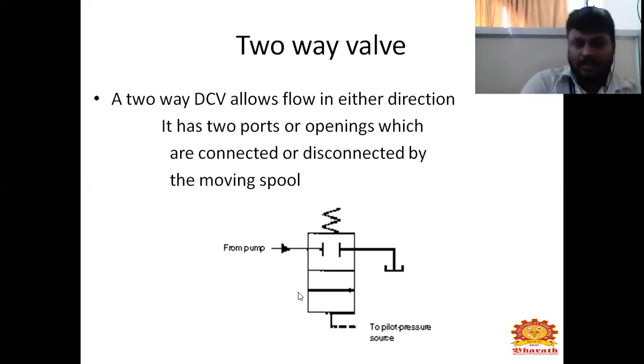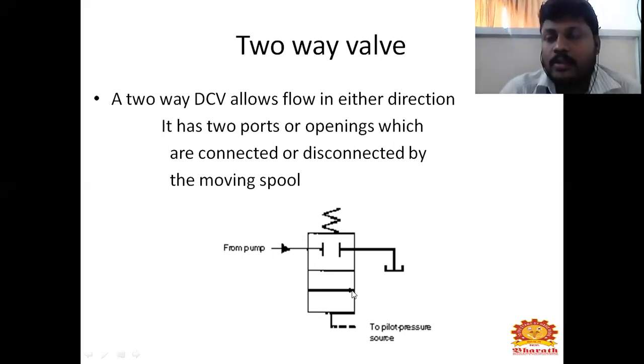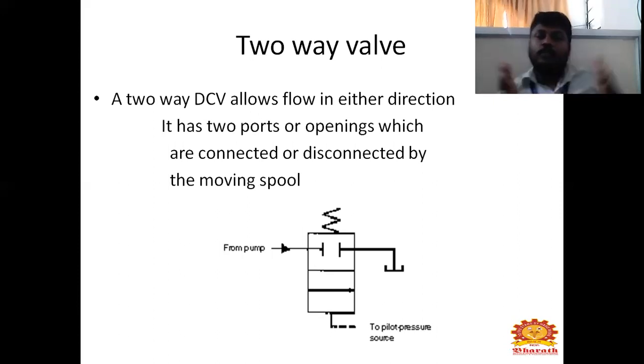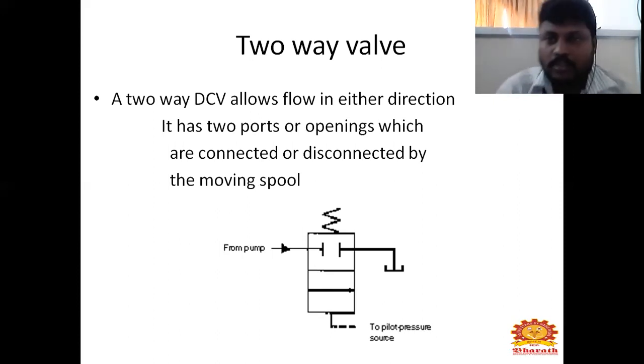You can see the structure. This is a two position and this is a one position. See, it is having one port, two port, like that, one, two. It will be having two-way. From this way it will come, and this way it will go. So 1 and 2, like that. And next one is a pilot operated source, where you use the output of another cylinder and give it to the cylinder; that is a pilot operated source.